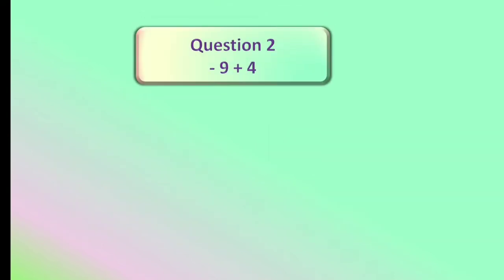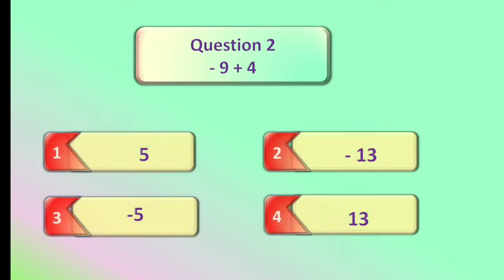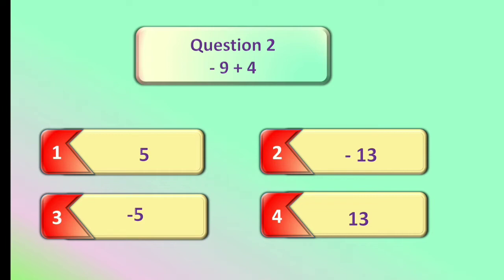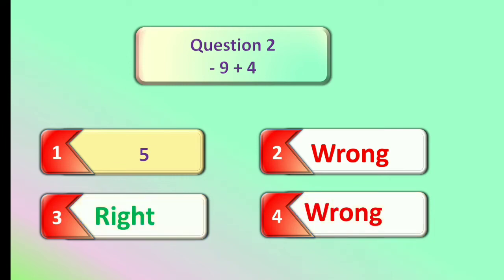Next question. Minus 9 plus 4. 4 options are before you. Choose the right one. If you are thinking second options, it is wrong. Minus 13 is wrong. Correct is minus 5. Third option, we need to put sign of greater term, and second, as both numbers have different signs, so we subtract. After subtracting, answer is minus 5.